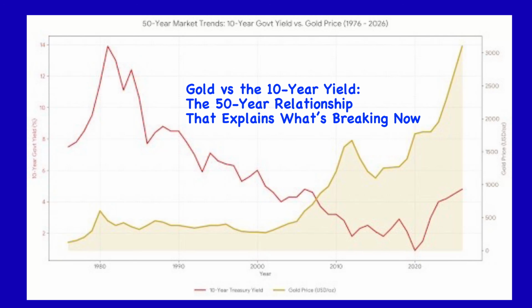What happened in the 70s wasn't just about rates, it was about the loss of confidence, if you remember. Inflation was rising and money was losing purchasing power. People demanded high yields to lend money. But they also rushed into gold because cash was melting, bonds were unstable, trust in the system was fading, so yields went up because investors demanded protection, and gold went up because investors wanted safety. They weren't opposites, they were responses to the same problem.